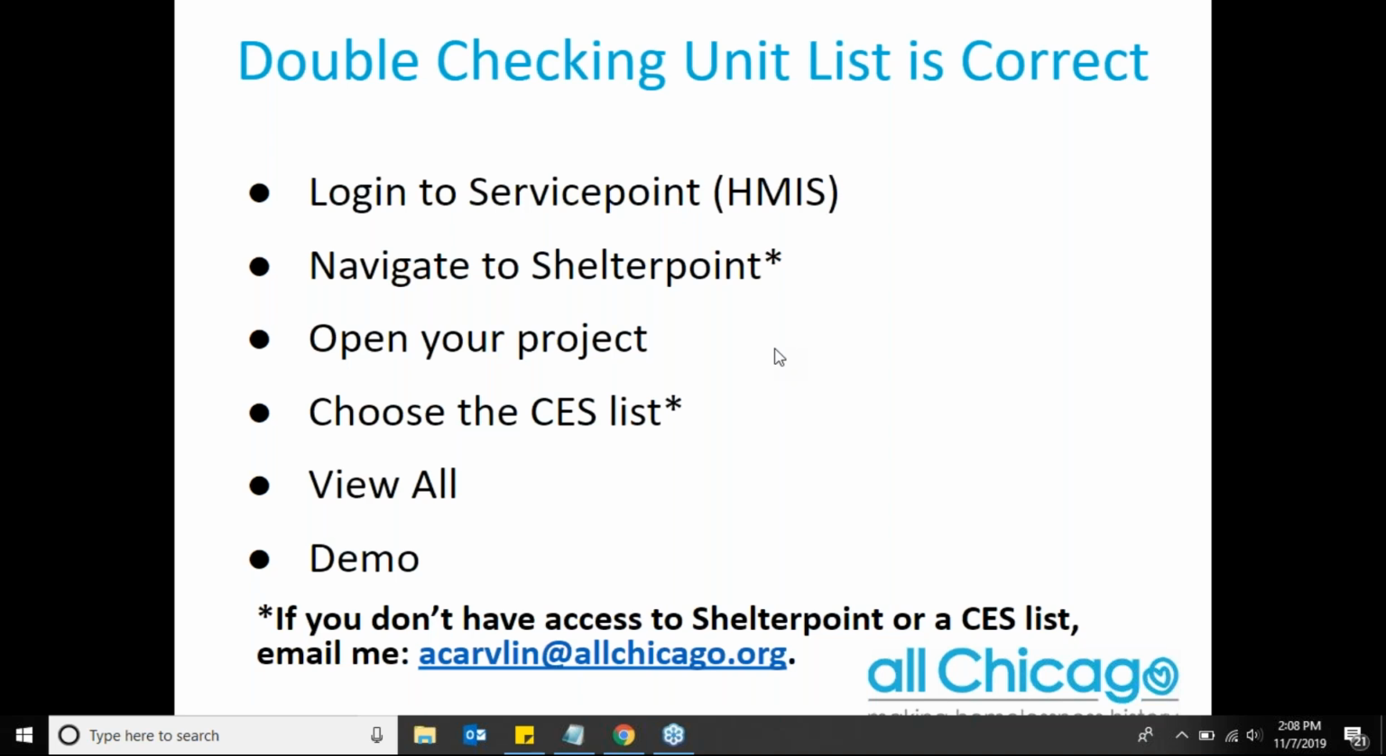We would want to include that in the list, if that makes sense. So if you have any questions about that or you're not sure, just go ahead and email me. So what you're going to do first, just to double check your unit list, is you're going to log into